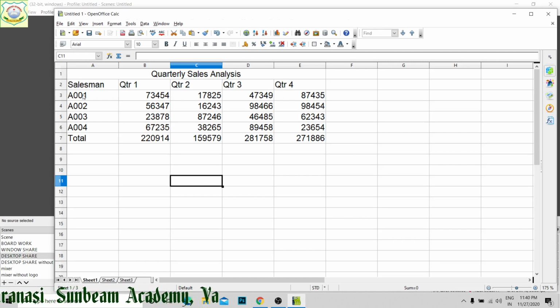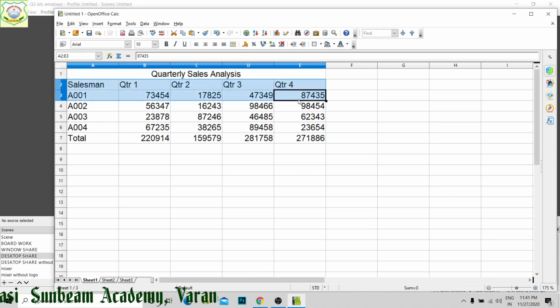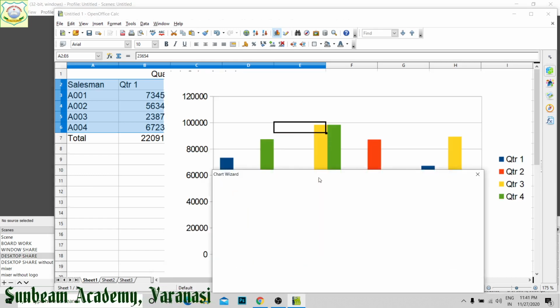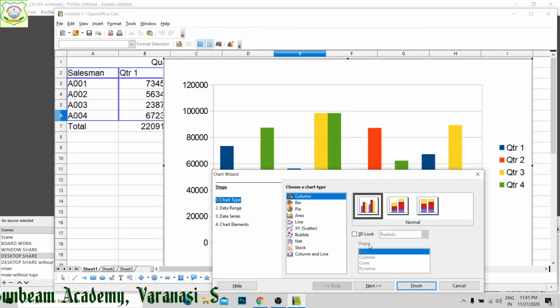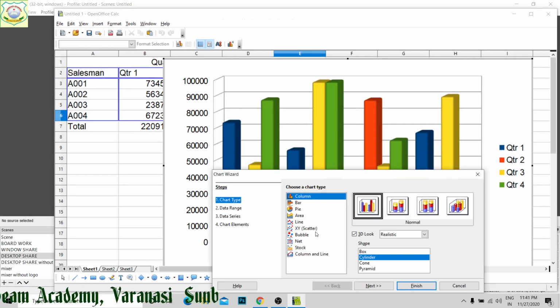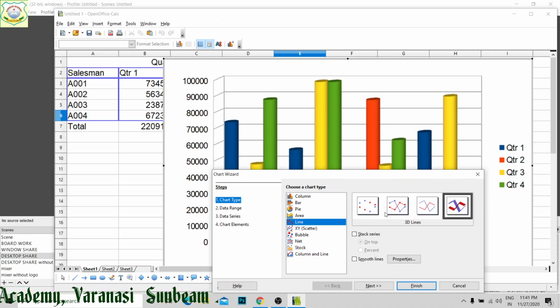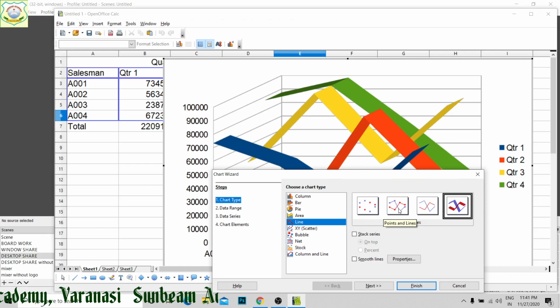By this I am going to prepare, suppose, a chart, right? Click on chart. Here you can see I need 3D look, then cylindrical, and it should be a line chart.